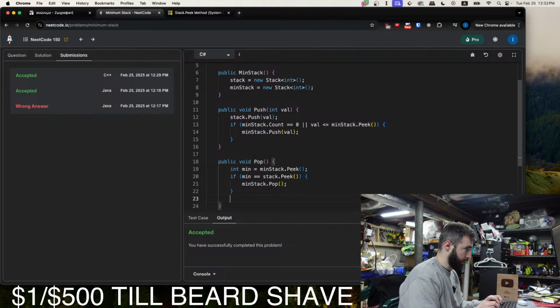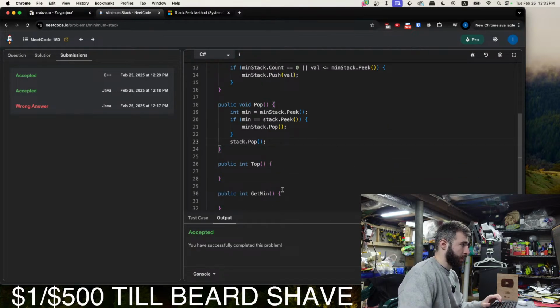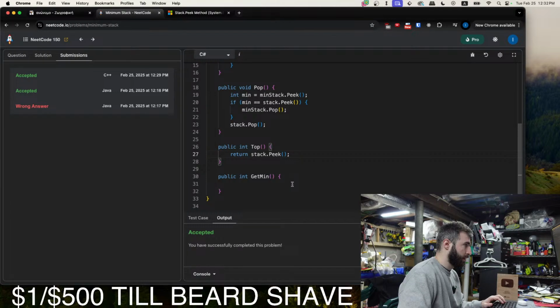And then we pop from the normal stack. Stack dot pop. And then the top function is just the peek function for the normal stack. So stack dot peek. We got to return that. The get min is the same thing, but for the min stack. Min stack dot peek.